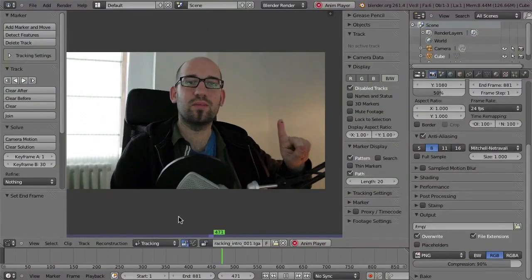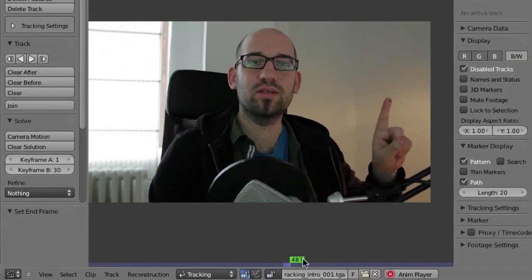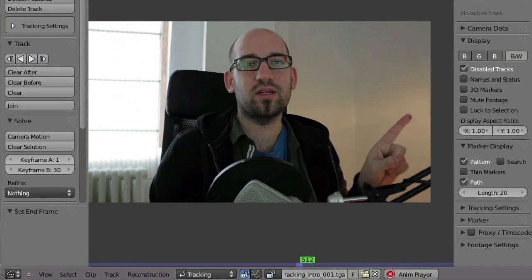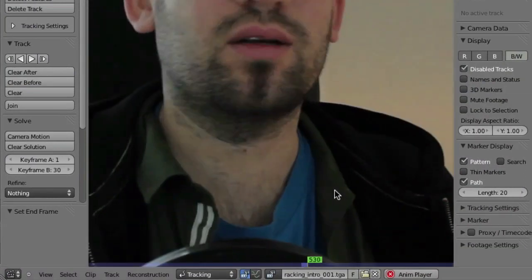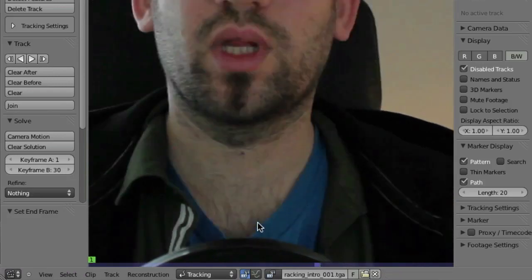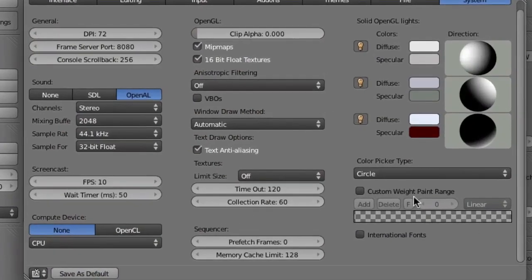Alright, and you can see that with just 128 megabytes, there's really not much that we can keep here in our memory, so that is always a pretty slow playback. So of course everything that is inside the RAM will play back pretty fast, but everything that will have to be loaded from the hard drive can be slower, especially when you are using image sequences. Then it can be slower. If you're using movie files, then also depending on the system, it can be faster. Alright, but in any case, let's set this back to everything you can.